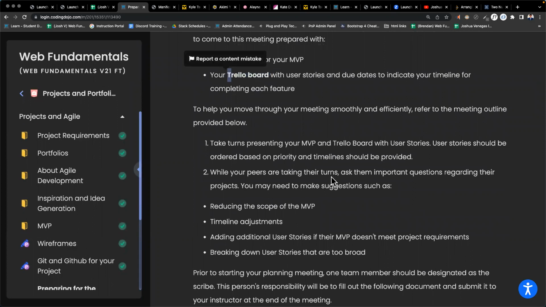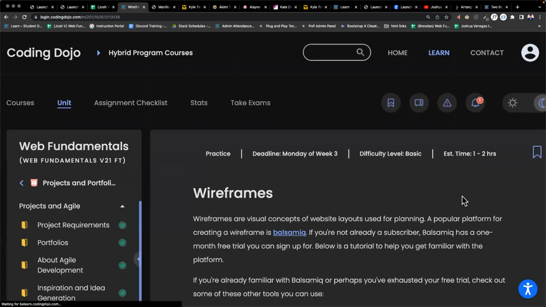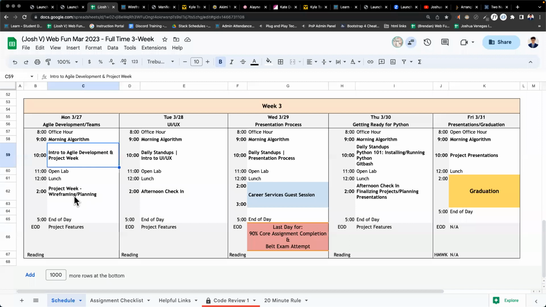So create a wireframe for your app. Think of an idea that you want to make, okay? And then in the afternoon, I will go through wireframing and planning a little bit. I'll break you off into groups, and you'll be asking about each other's projects, digging into them, adding recommendations after we go through wireframing and planning. So it's going to be more like a lab instead of a lecture.